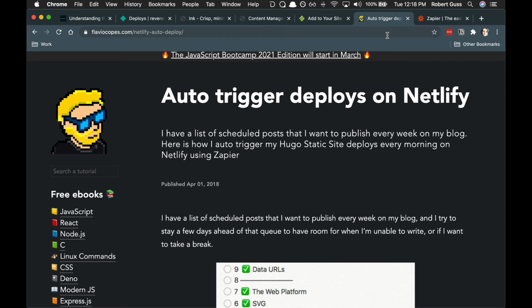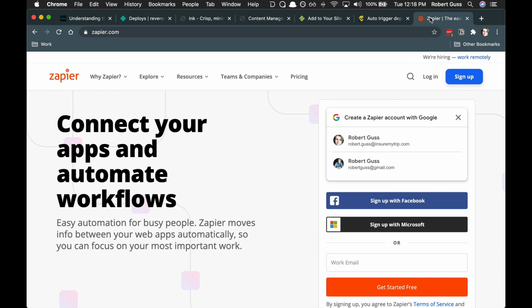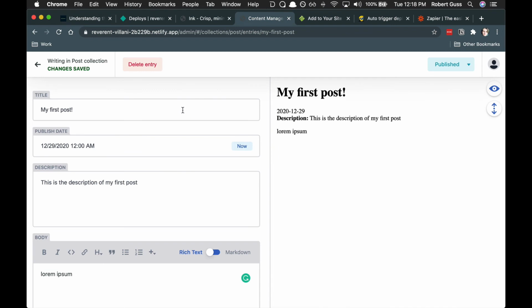So what we need to do, the way this is going to work, is we're going to use Zapier to send a webhook every single day to Netlify, and when Netlify receives that webhook, it's going to trigger a deploy. And so the reason why we're doing this is typically within a more typical content management system, let's say for example like WordPress, if you're posting on a regular basis, a lot of content creators will create content in bulk or in batches, and then they'll set their publish dates in the future. So you might set this article to publish a week from now, 3 days from now, 2 weeks from now,